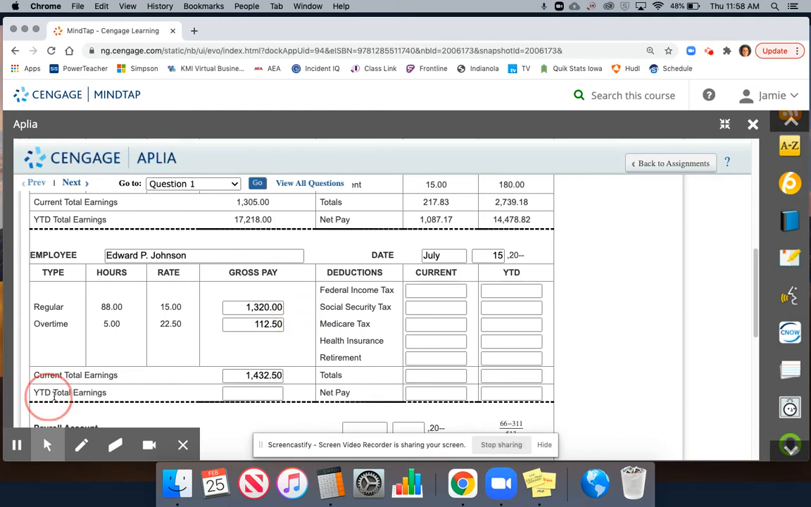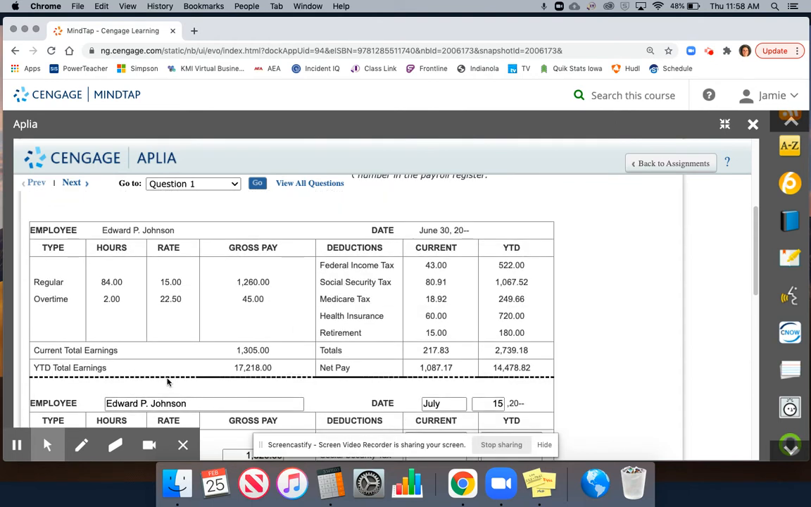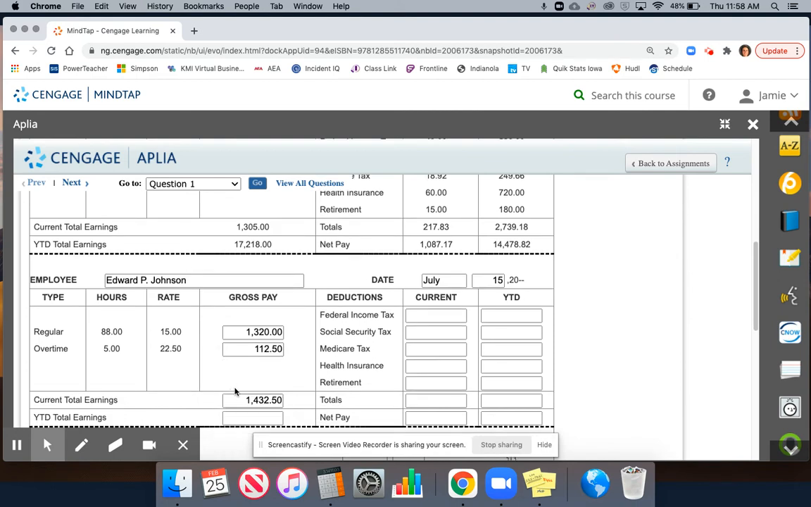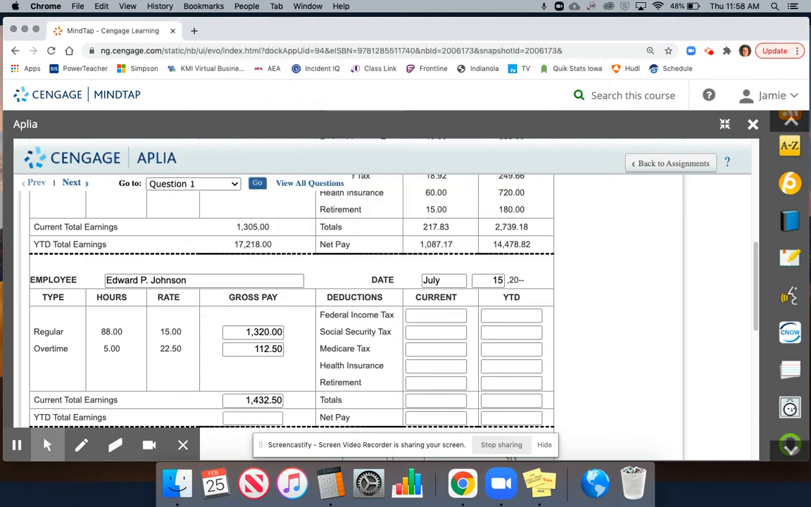Now, year-to-date total earnings. This is something that we haven't done yet, so that's why we need our check stub from the previous paycheck. Our year-to-date, that means YTD, is year-to-date total earnings, $17,218. So that's how much we had made up to the last paycheck. We need to add our current paycheck's total earnings. So $17,218 plus our current total earnings to give us